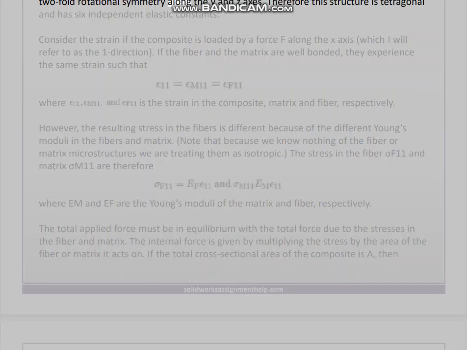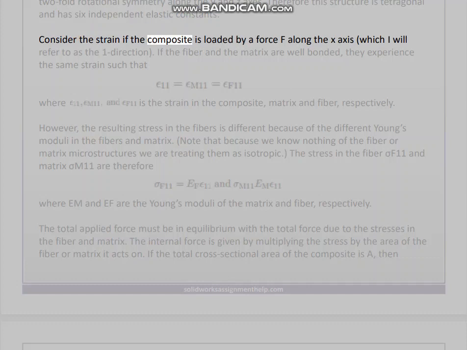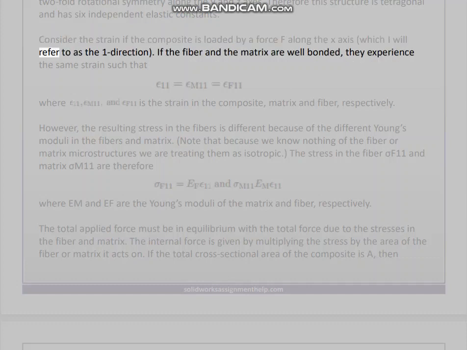twofold rotational symmetry along the y and z axes. Therefore, this structure is tetragonal and has 6 independent elastic constants. Consider the strain if the composite is loaded by a force F along the x-axis, which I will refer to as the one direction. If the fiber and the matrix are well bonded, they experience the same strain such that